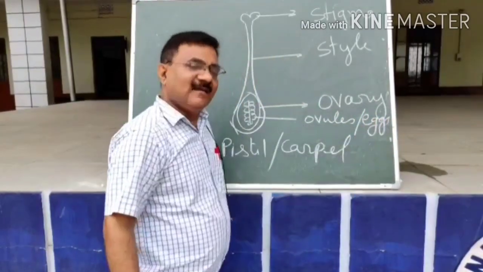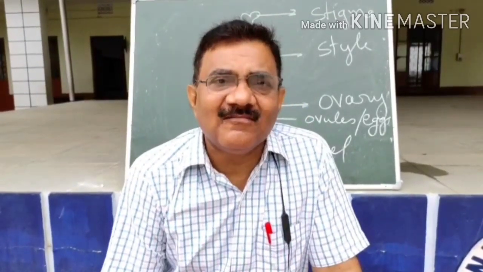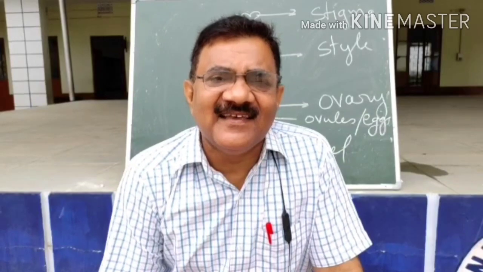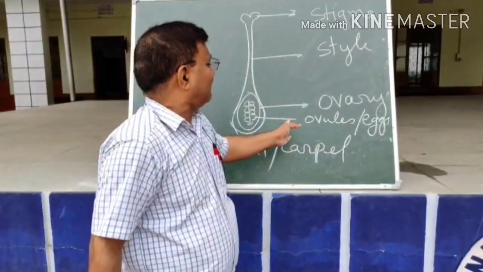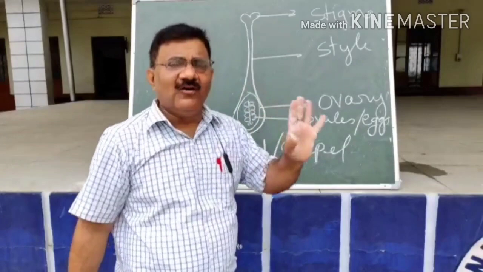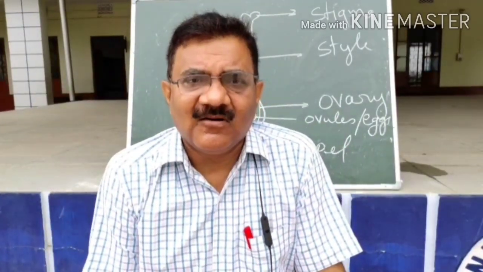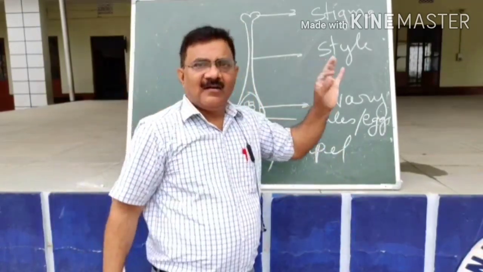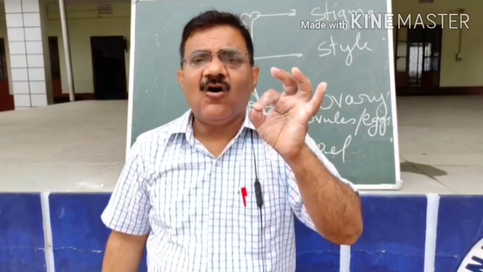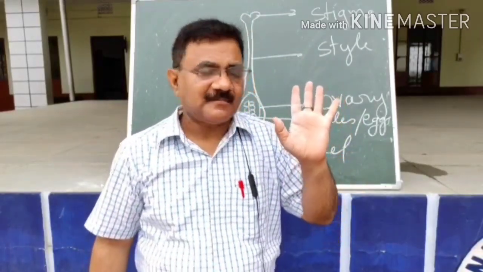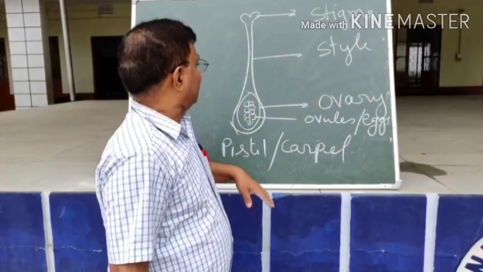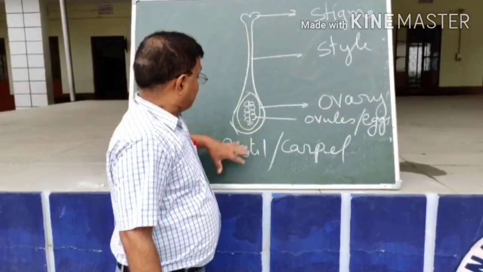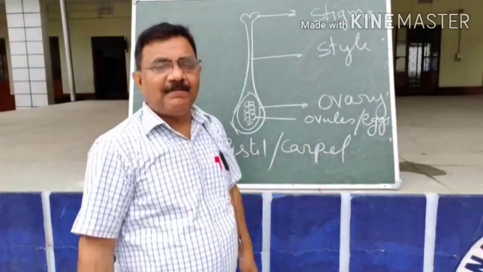Yes, in plants also eggs are there. And in humans also eggs are formed. In animals also an egg is there. That is the female gamete. In plants it is called ovule. In animals it is simply egg or female gamete, or ovum. Egg, female gamete, female sex cell or ovum. Same thing. So this is the part of the pistil or carpel, meaning the female part.